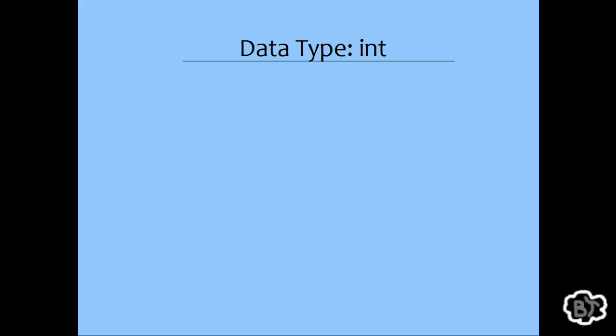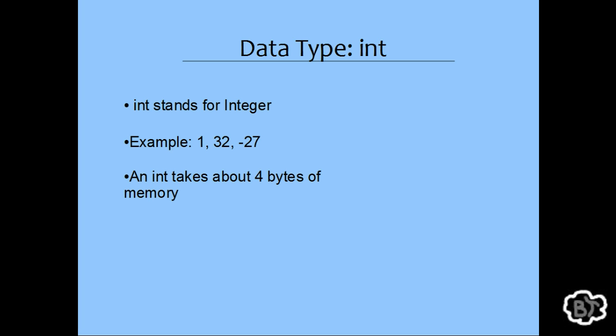If you don't already know, int stands for integer, which if you remember from math class, an integer is any whole number including negatives and 0, for example 1, 32, negative 27, and so on. Remember, when you declare a data type, it allocates a dedicated amount of memory to support that data type, which means it gives the data type only a certain amount of memory to work with. In C++, an int can hold any integer value as long as it can be stored in the given amount of space in memory. An int takes about 4 bytes of memory, which is enough memory to hold numbers ranging